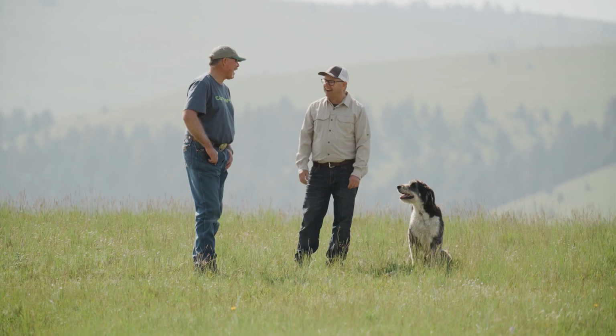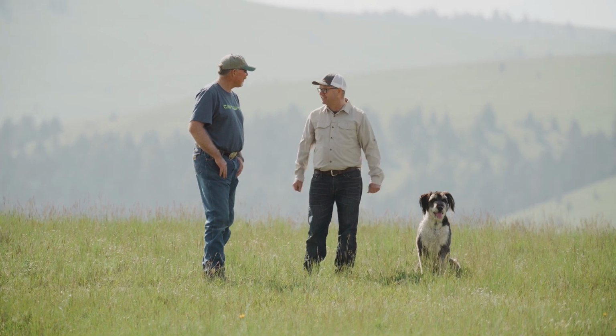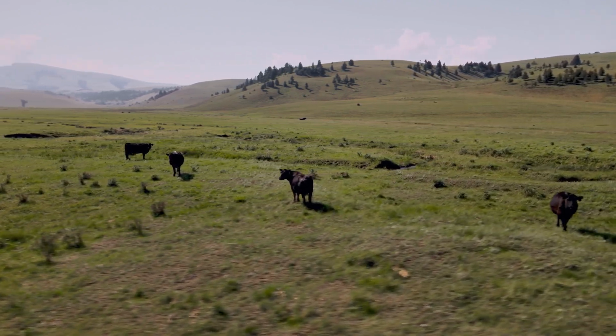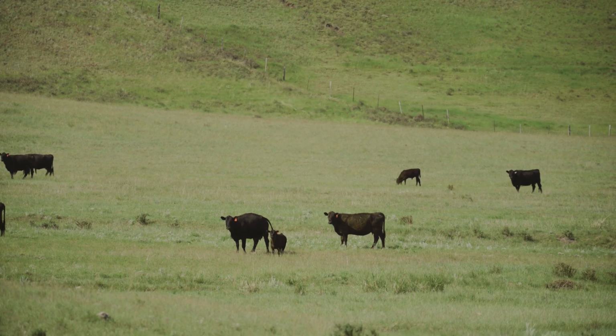And I could see that we probably weren't going to be that successful running 30 pounds a day. It just wasn't going to work. So introduced to Riomax, cut things back to 25 pounds a day. Cows still look great, man. Calve well. We're not having any retained placentas. Calves are having a ton of vigor in them. Riomax has really helped us run the number of cows with the limited amount of hay that we can produce